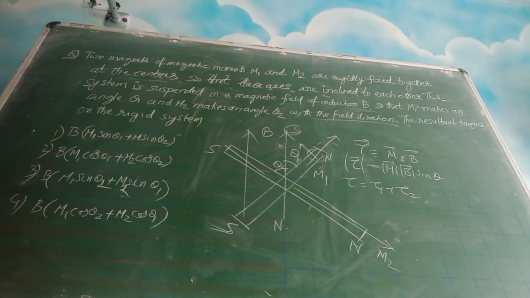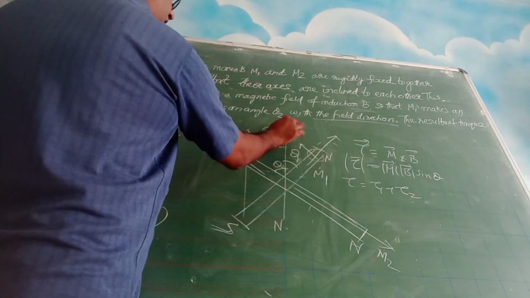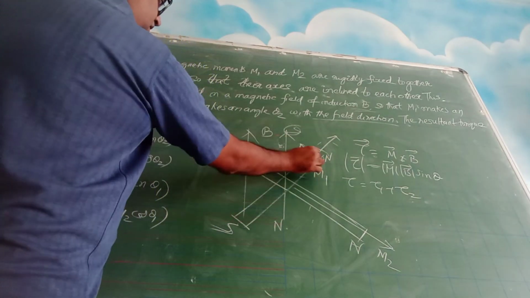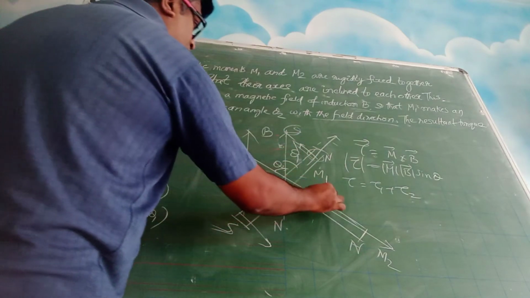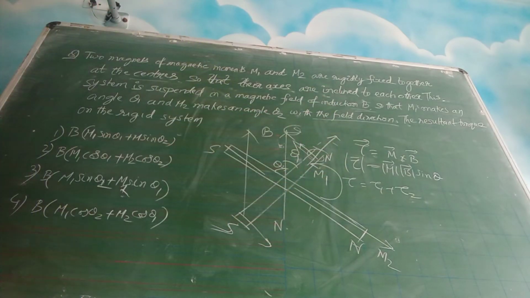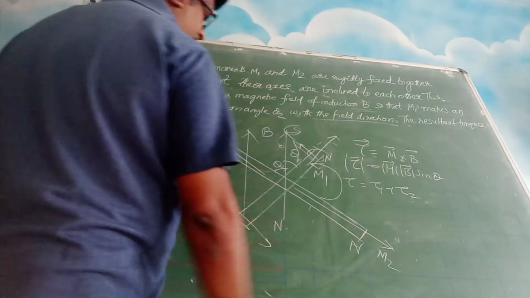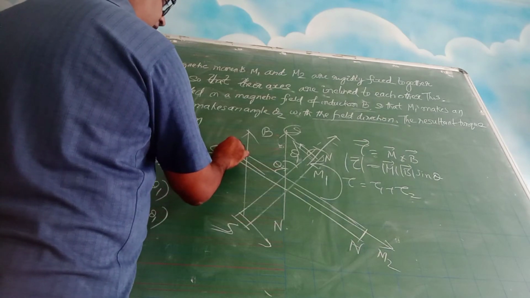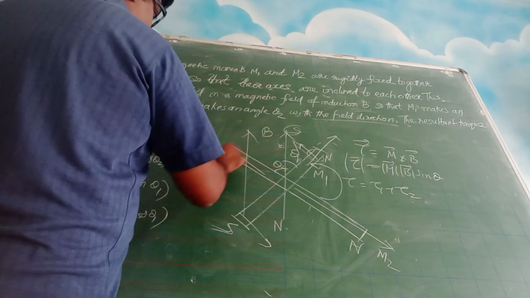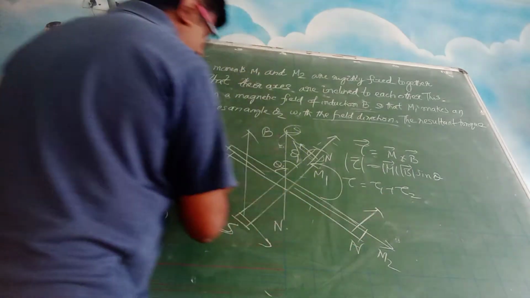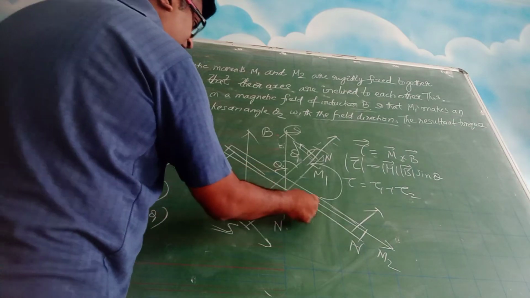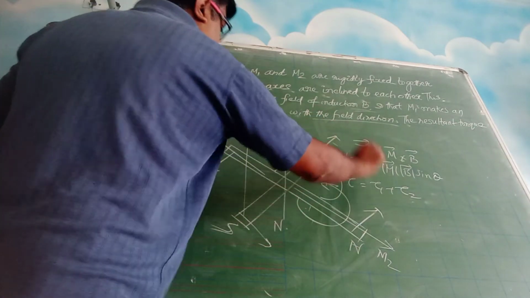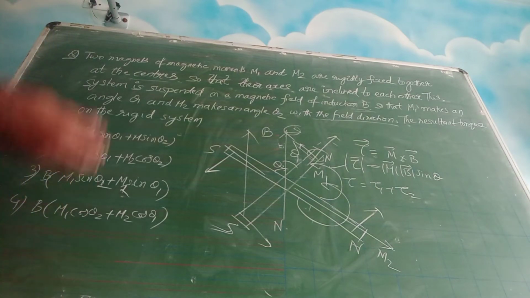But we have to see the direction here. You see, this is north and this is south, so there will be attraction. This force will act like this, and the force on this magnet will act like this, so this will try to rotate in this fashion. Coming to this one, here it is south and it is south, so there will be some repulsion, mutually opposite. So this magnet also will try to rotate in the same fashion as the first one. Both are in the same direction, so both torques are getting added up.